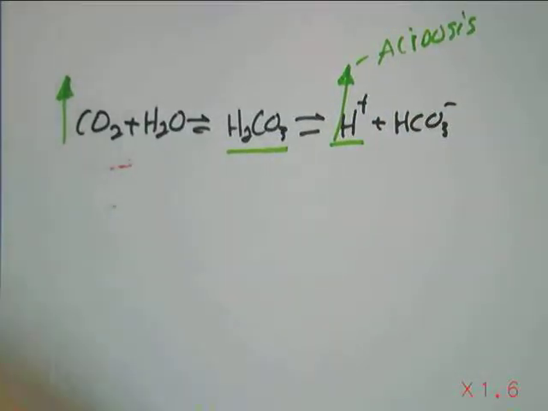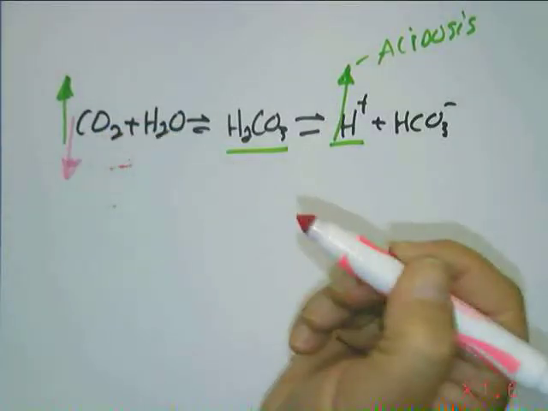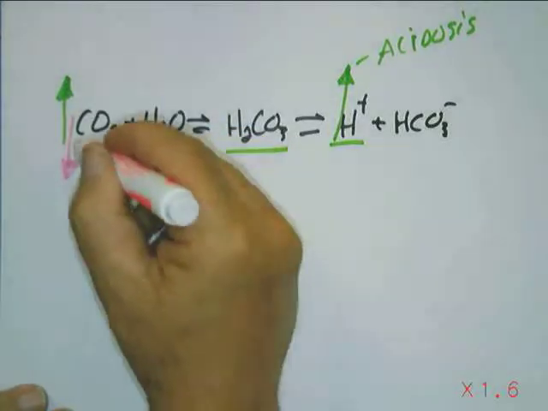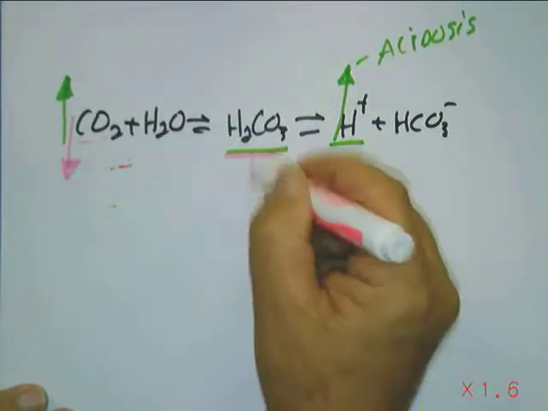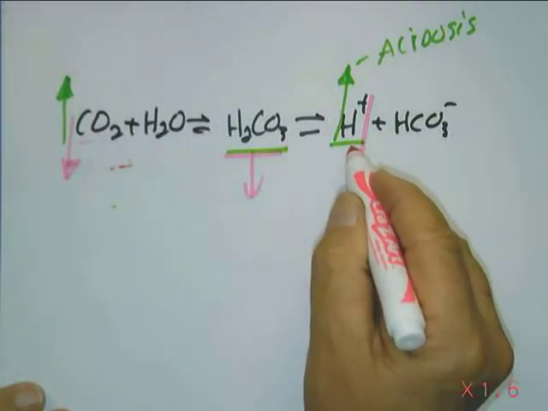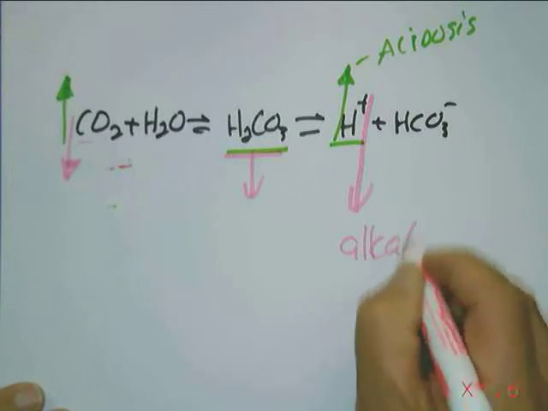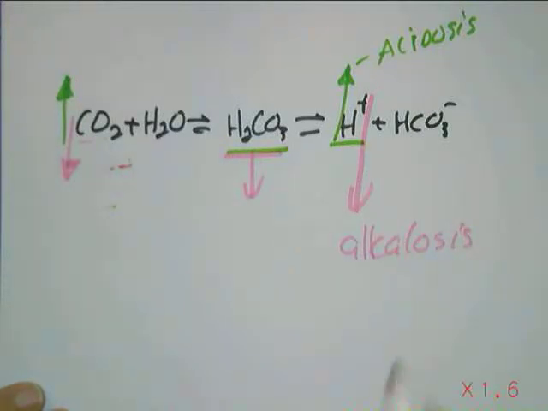On the other side, if your CO2 levels decrease because you hyperventilate, this goes down, this will go down, this goes down. As the hydrogen concentration goes down, your pH goes up, and now you're in a state of alkalosis. And that concludes